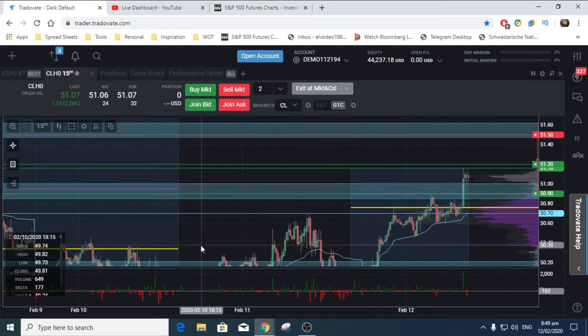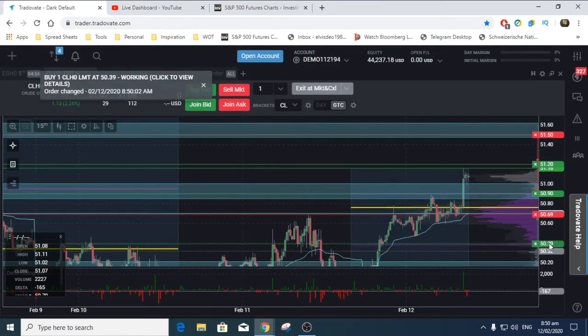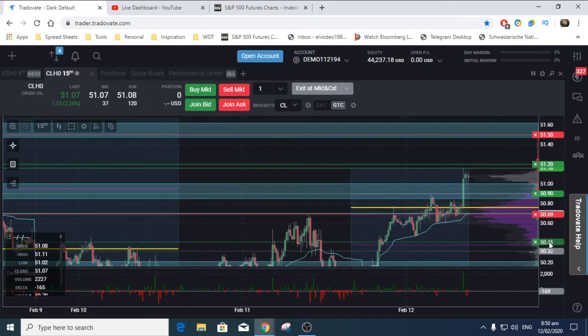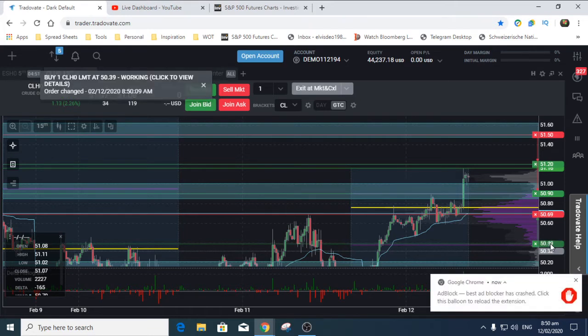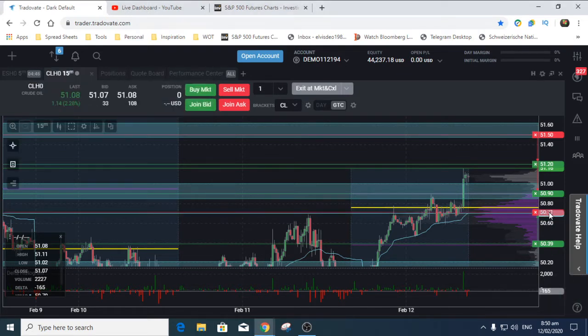If we do go on the long side, we have a single sitting here at 50.40 off the kickoff from the overnight, knowing where we have protection, knowing what the active is, knowing where our inflection points are. We have one order sitting here. That's a 1-to-1 trade. We just want to be in front of the active POC because POC is loading up. Ad blocker crash, whatever. Oops. So that is our live setups.